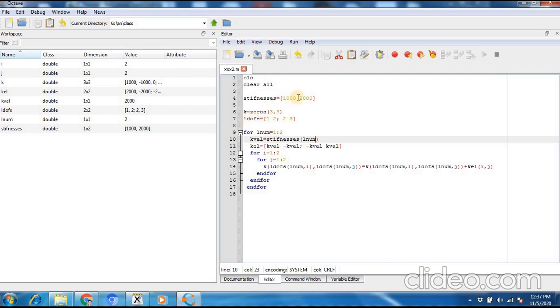Suppose 3 springs are there. For 3 springs there will be 4 nodes. So for 3 springs, another spring stiffness value will come. This K will become 4 by 4. This will become 1, 2, 2, 3, 3, 4, and this loop will be from 1 to 3, and this same process will be executed, and the element stiffness matrices will be